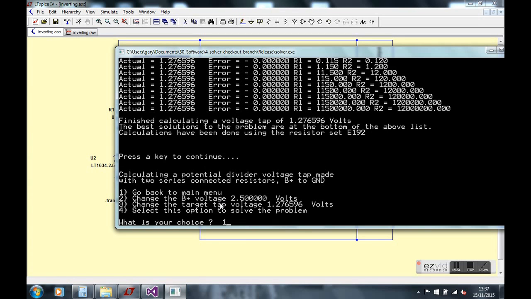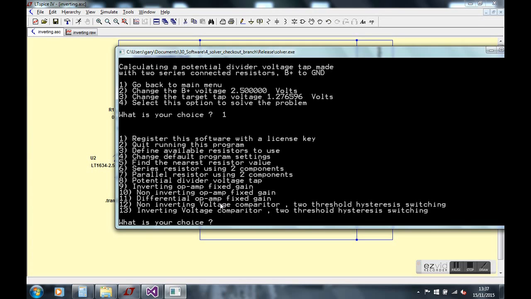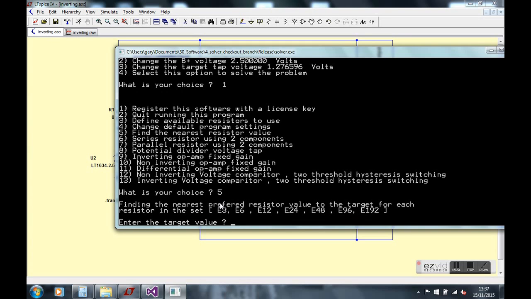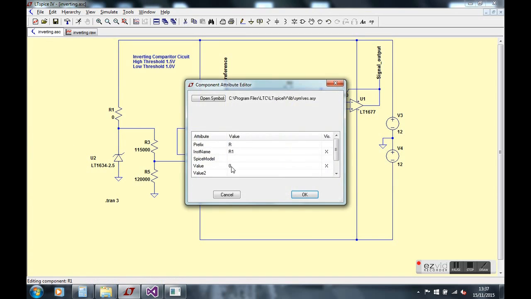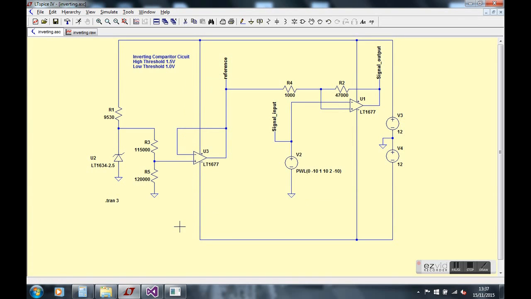So what's the nearest resistor value to 9.5k? 9500, and it says to use the E48 series, and the nearest is 9530. Okay, so put in here 9530. Okay, so now I've got all the resistor values calculated for my circuit, which is an inverting comparator circuit,